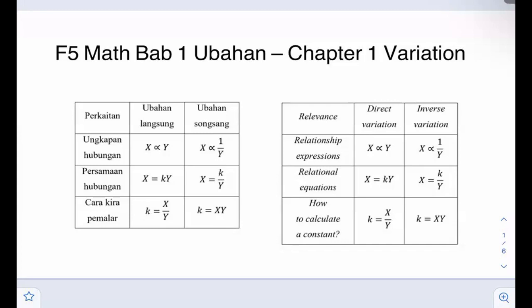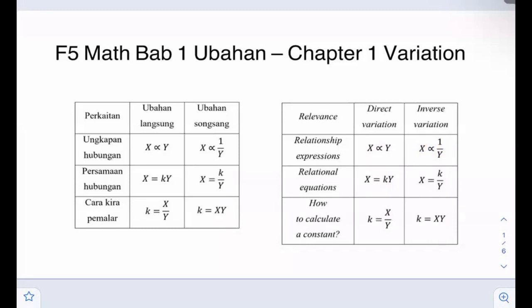So when we want to express the relationship, we'll write something like this. If it's a direct variation, we'll say x is directly proportional to y. This symbol, I call it a fish, because it looks like a fish. So x fish y is the expression for direct variation, and x fish 1 over y will be the inverse relationship expression. You can see that if it's a direct variation, both of them are at the equal level. But if it's an inverse variation, one will be on top, one will be at the bottom. So it's an inverse position.